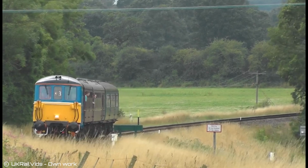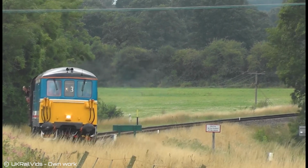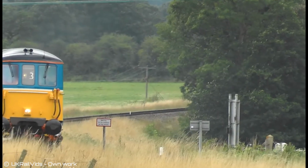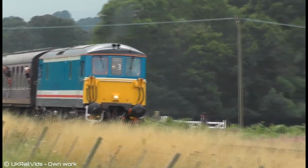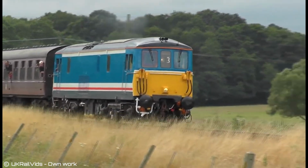The Class 73's compact size and dual cab controls made it ideal for shunting around yards and working on lines with tight clearances, further enhancing its versatility. Throughout its operational history, the Class 73 has proven its worth for a variety of operators. We won't go through all of these today, as otherwise this could easily turn into an hour-long video, but we'll start